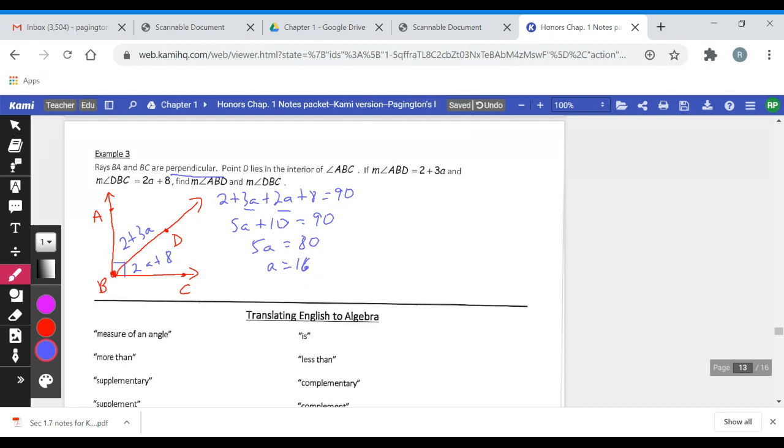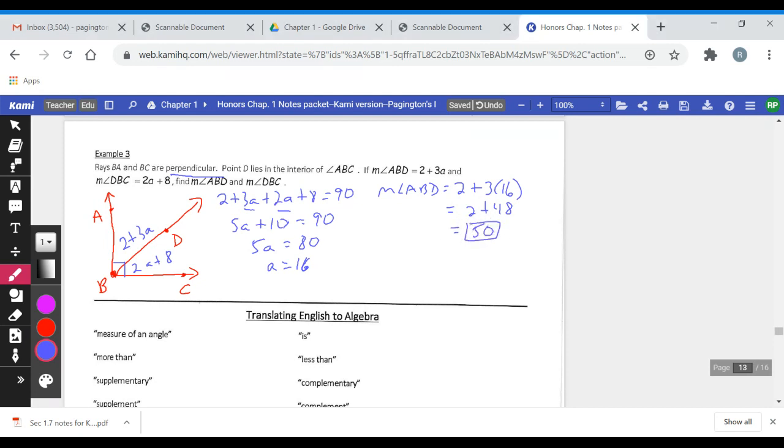Okay, and so now I can plug back in for what it's actually asking for. It wants the measure of angle ABD. And ABD is 2 plus 3A. So I'm going to say 2 plus 3 and then substitute my 16 in. And if I go ahead and solve for that, I end up with 2 plus 48, which gives me 50